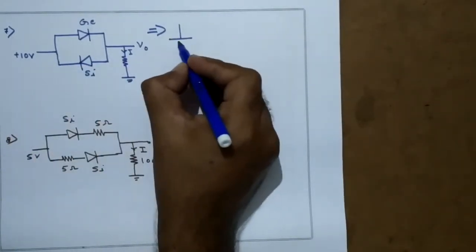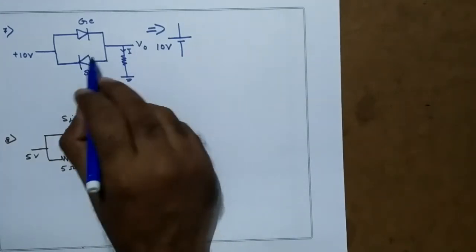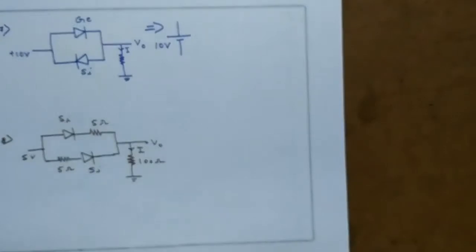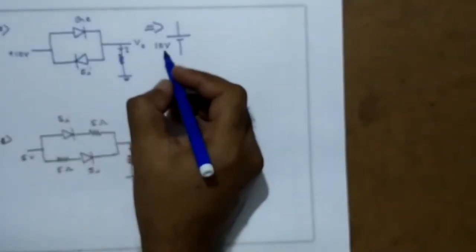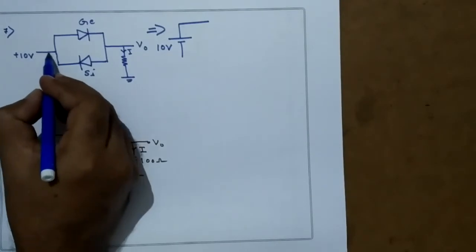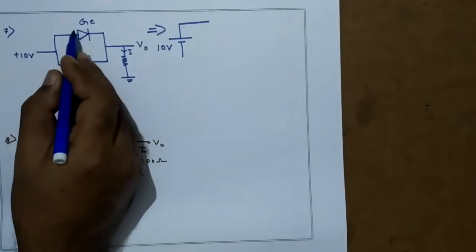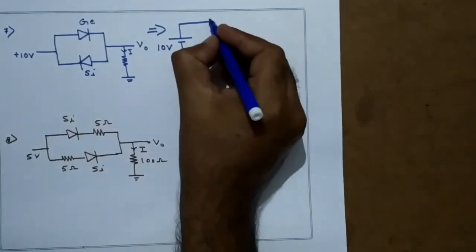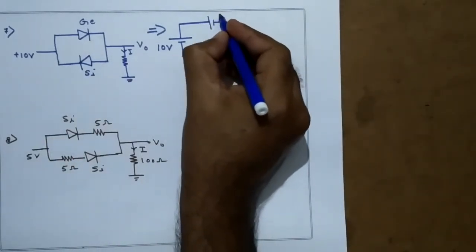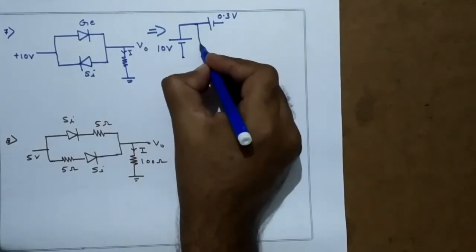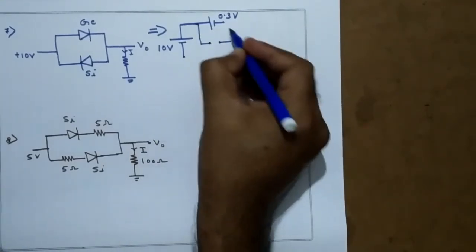I will replace it by 10 volt. Now you are in a position to calculate the voltage and current without writing the proper circuit. Anyway, no problem. Here positive of 10 volt is connected here. So this diode is forward bias, but this diode is reverse bias. So forward biased diode will be replaced by its cut-in voltage 0.7 volt. Here it will be replaced by open circuit,